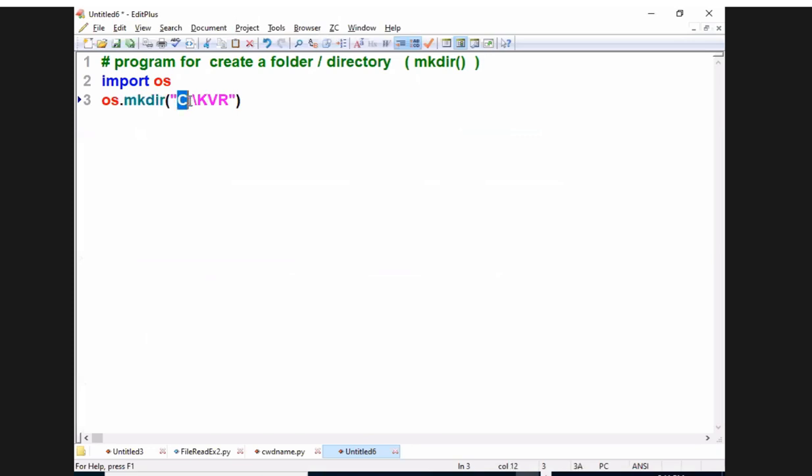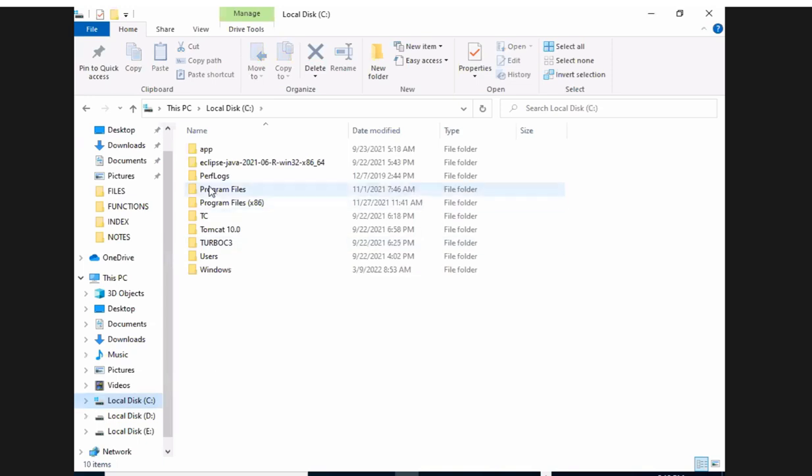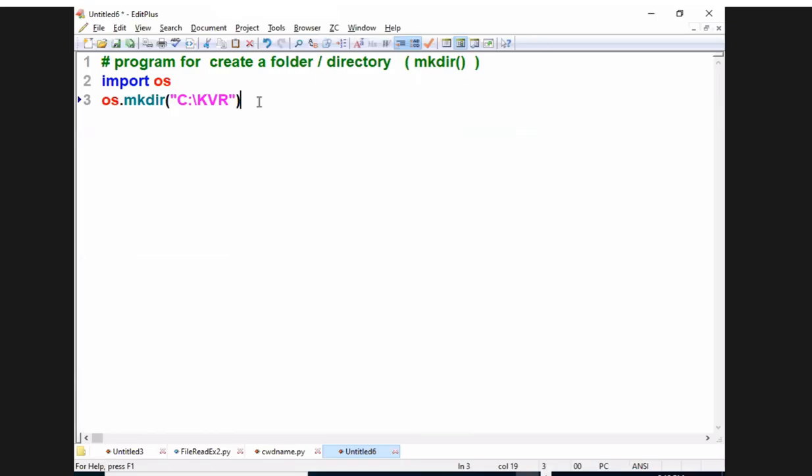mkdir, where am I creating? In the C drive. First check it out. In the C drive, there is no such folder called KVR. Let us go to this place. Same print of, what is that? Folder created